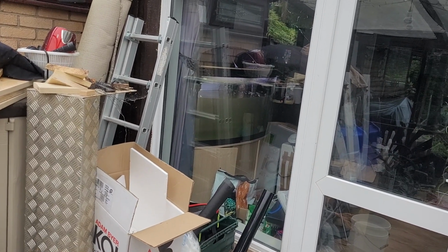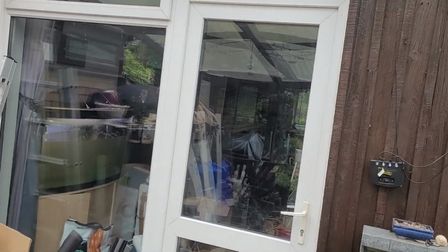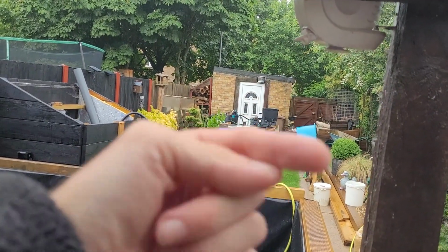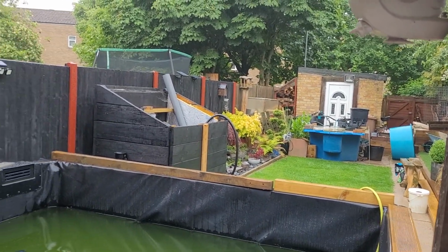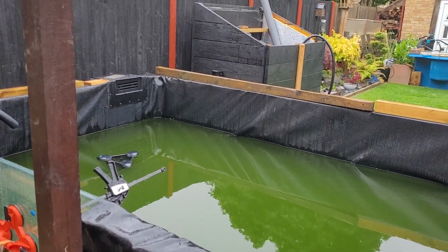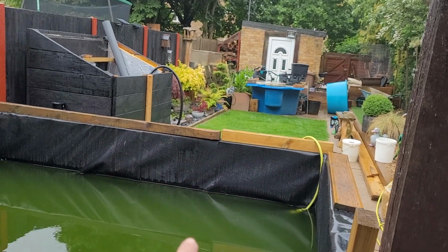I'm going to take all the media out of the filters and get that ready to go in that shower, because it's by home ultimate in the big filter in there, and then that shower is going to get up and running. Because what I'm going to do, once this pond is filled and all the filtration is up and running, all the fish in there are coming straight into here,